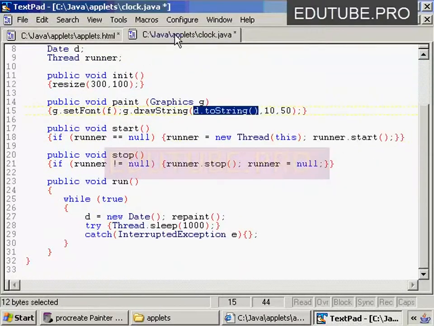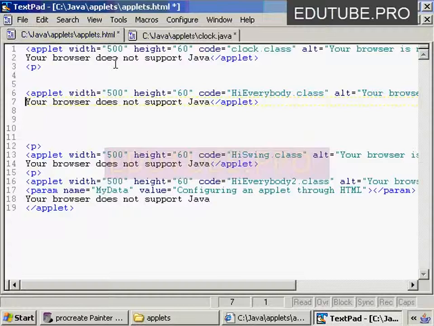Again, the HTML for it is very familiar. Here's the clock, and I copied and pasted this exact line, but the only thing